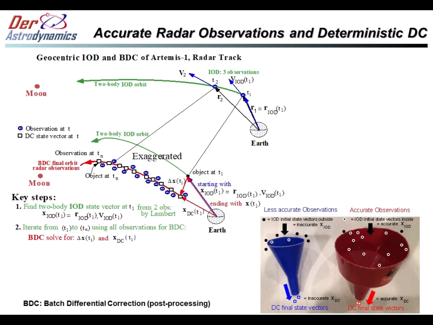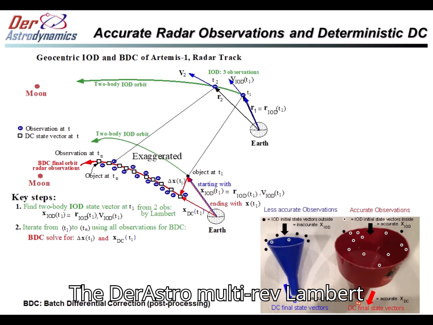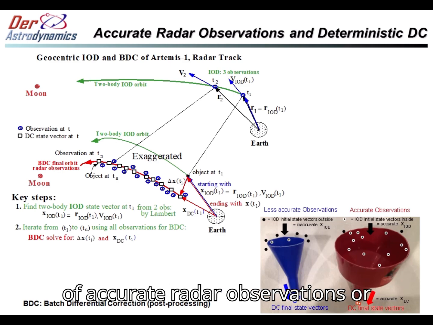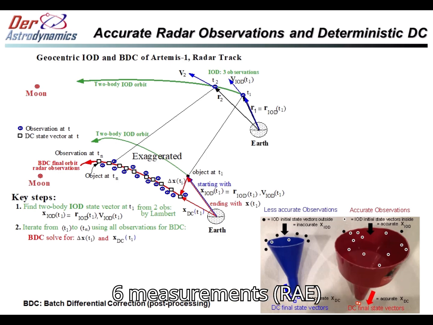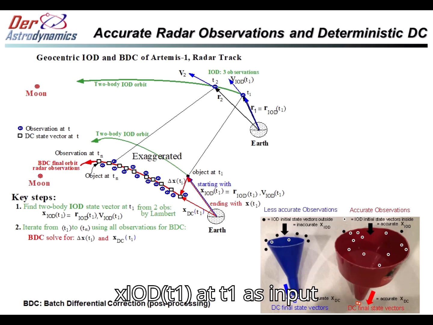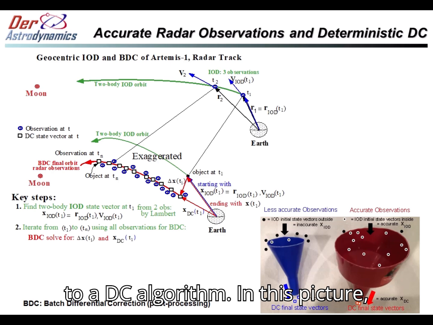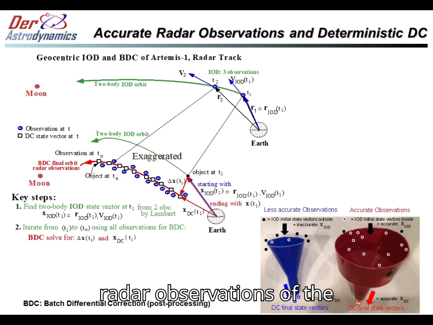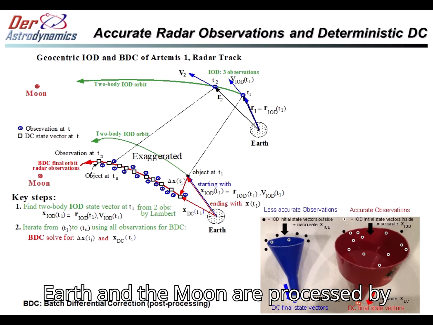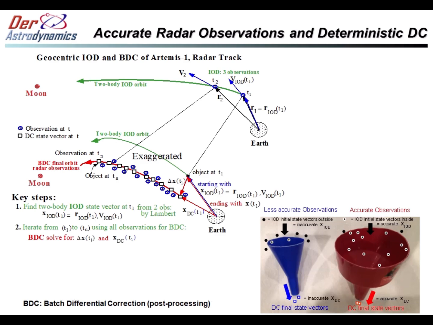The ASTRO multi-web lambda IOD algorithm requires 2 sets of accurate radar observations or 6 measurements RAE to deduce the two-body state vector XIOD-T1 at T1 as input to a DC algorithm. In this picture, radar observations of the 2022 Artemis 1 between the Earth and the Moon are processed by BDC